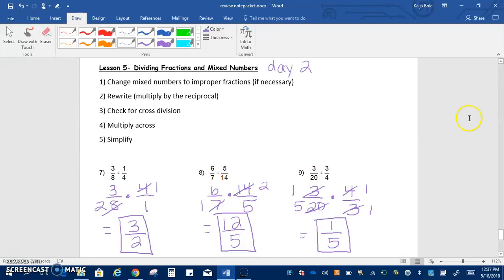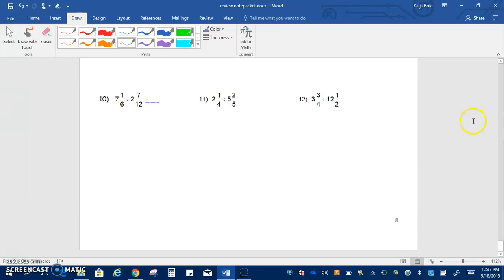Alright, moving down to the second row, I've got some mixed numbers that I need to work with. So first I need to change them to improper fractions. So 7 times 6 is 42, plus 1 is 43. So I have 43/6 still divided by, don't flip it yet. 12 times 2 is 24, plus 7 is 31, so dividing by 31/12. Now I can multiply by the reciprocal. So I have 43/6 times